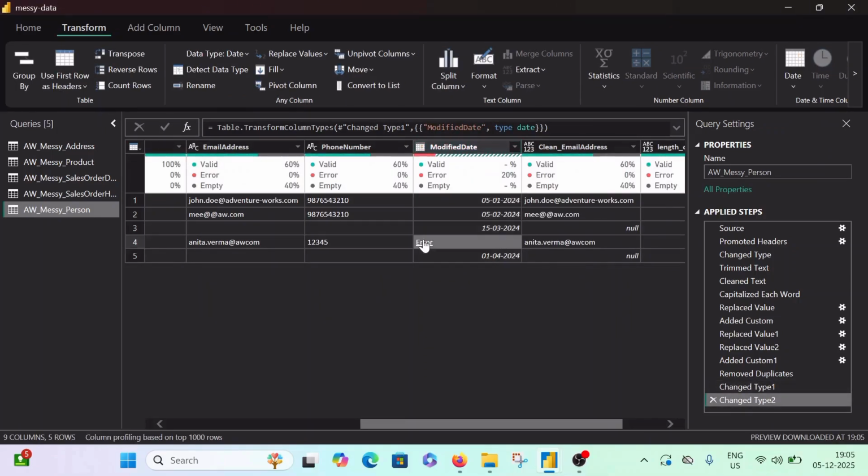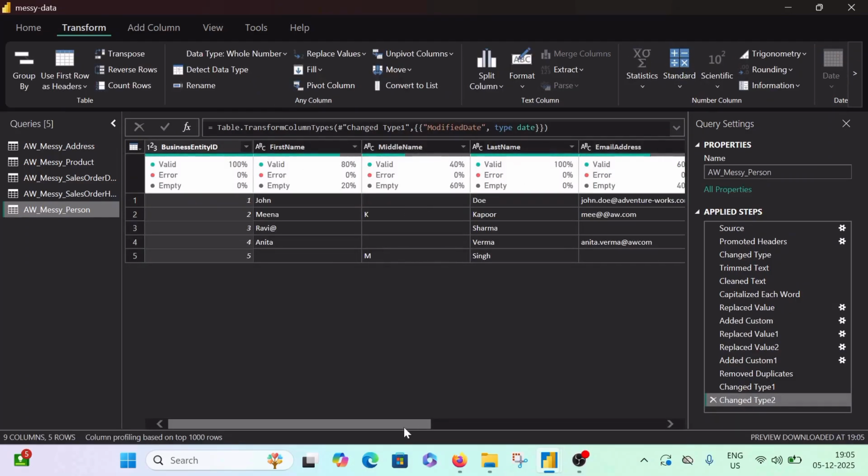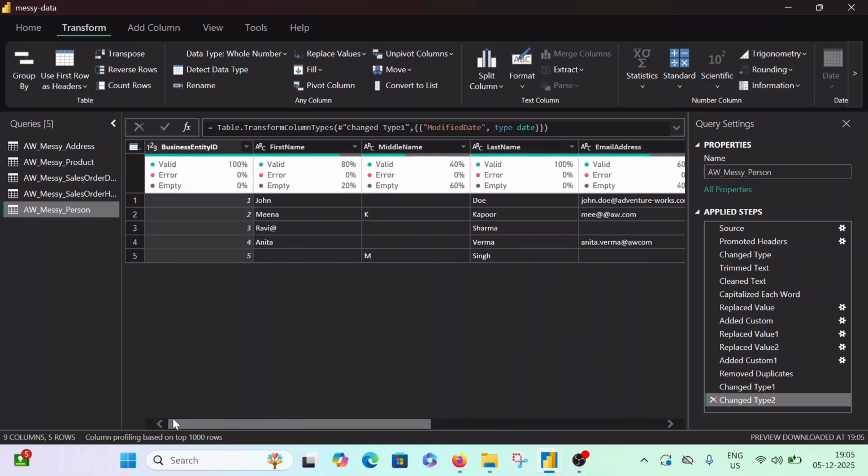However, one date is not exactly a date, it is currently a wrong date. It's an error, proper error. So I've got this error over here. Now there are two ways to deal with this error. First is that you replace this error by something which is meaningful. You can replace an error with something like not available or cannot identify, wrong dates given, something like that, so it is identifiable. Or you can directly delete the row in itself.